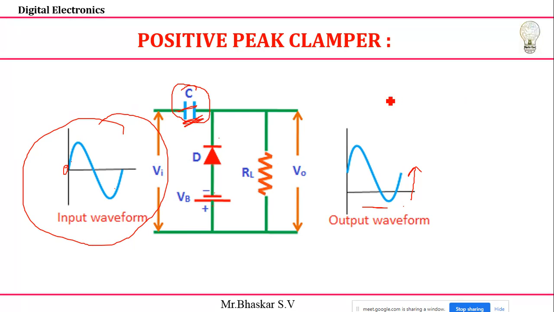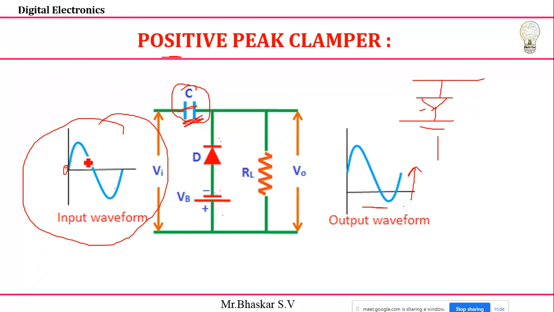In the previous case, the clipper circuit, we have the diode anode first and later we take in a bias. But a clamper is exactly the opposite. First I need to connect the cathode, next the anode, next minus and plus for the positive clamper. You should know that. How it works and how it shifts we discussed in the theory.